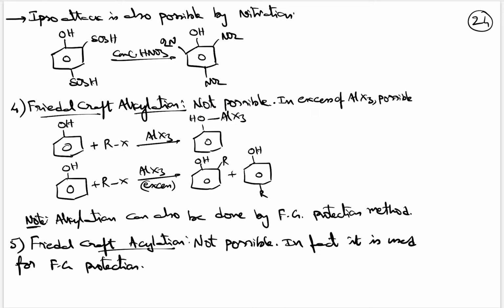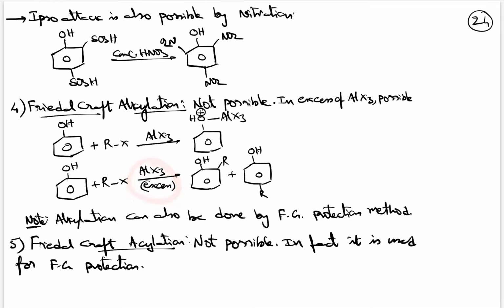Friedel-Crafts alkylation reaction is not possible, but can be made to some extent possible by taking excess of AlCl3. The main reason is when you take phenol with alkyl halide and Lewis acid, phenol will act as a Lewis base and AlCl3 will act as a Lewis acid, so there will be formation of a complex. And not only that, as oxygen is developing positive charge, it will act as an electron withdrawing group, so the ring will be deactivated. Therefore, further reaction will not be possible.